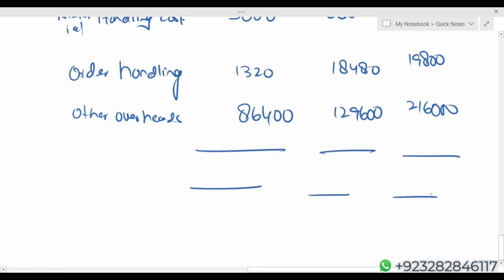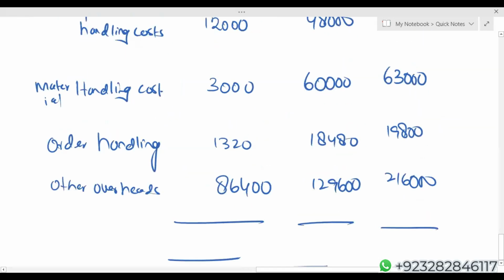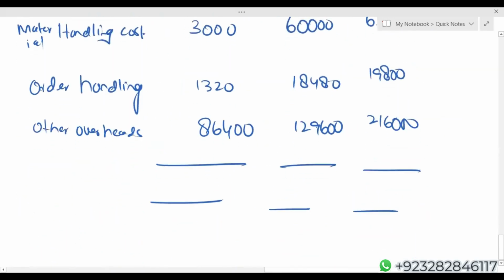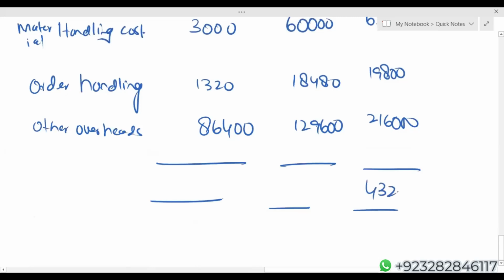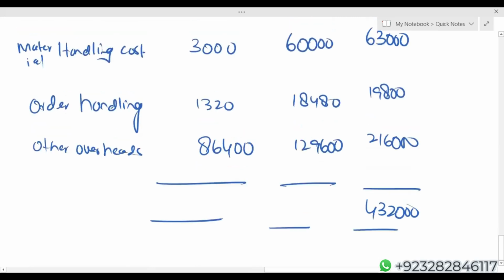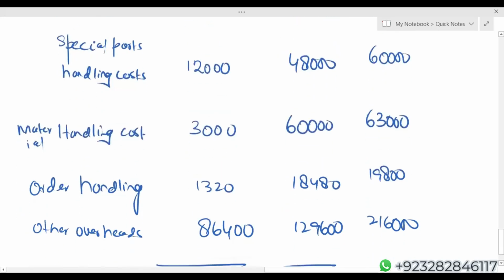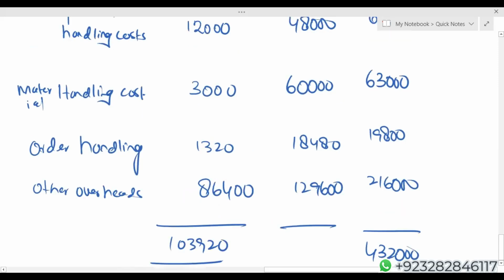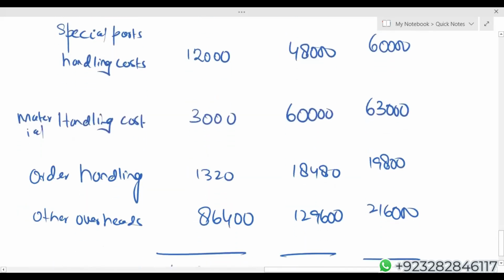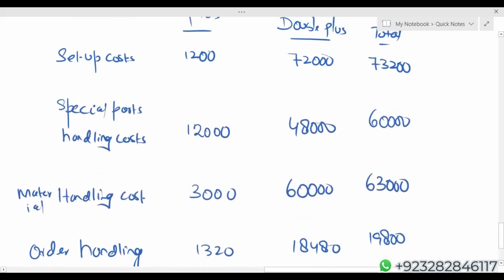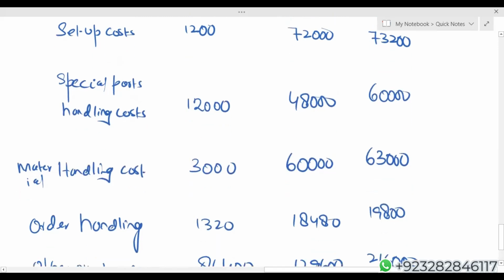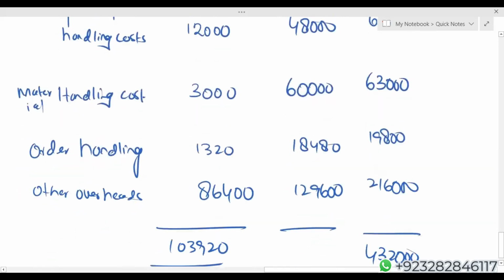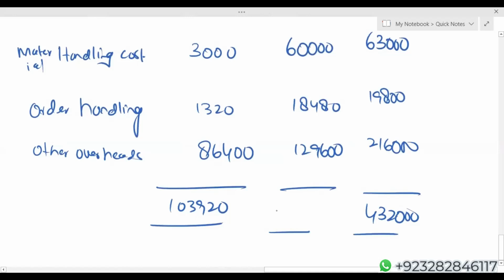What we have done is we have actually allocated the overheads. Why have we done this? Just wait for 2 more minutes. Total is obviously 4,32,000. Now let's see what is the total of plus. The total of plus is 1,03,920, and the total for double plus is 72,000 plus 48,000 plus 60,000 plus 18,480 plus 1,29,600. I'm getting